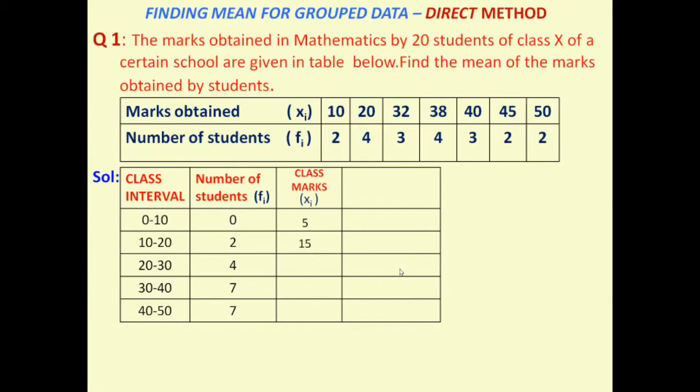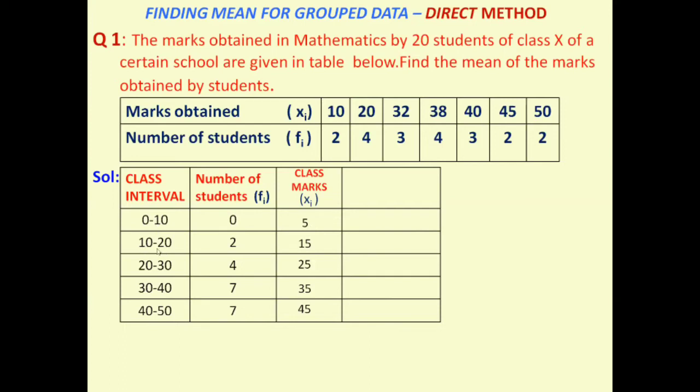Now, in the same way, we have to do the next one also. 20 plus 30, that is 50. 50 by 2 is 25. Okay, what is next? 30 plus 40 is 70, 70 by 2 is 35. Okay, next one you guess. I think you will do it easily. 40 plus 50 is 90. 90 by 2 is 45. Okay, we filled that column. Simple, we wrote only the class mark. This class mark is nothing but the mid value of that class. For 0 to 10, if you write the mid value, the mid number is 5.